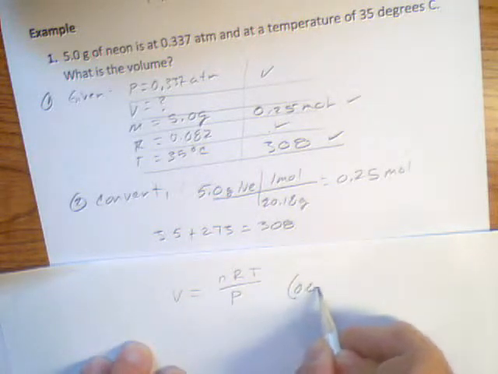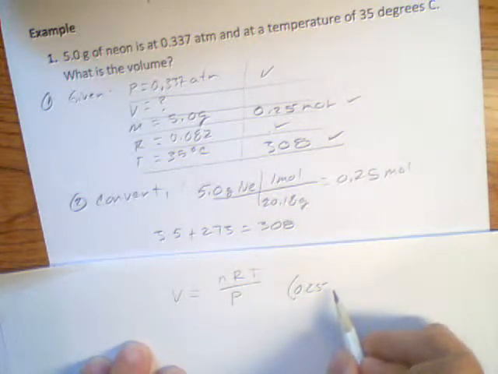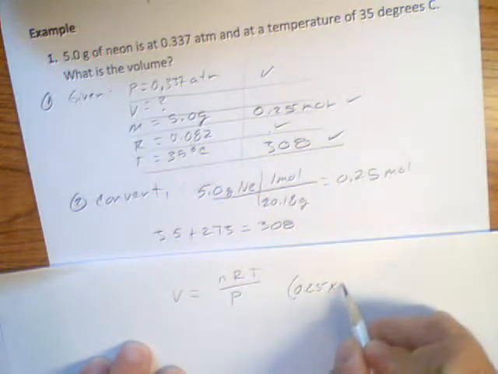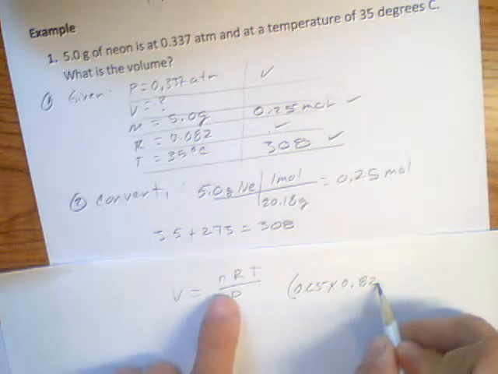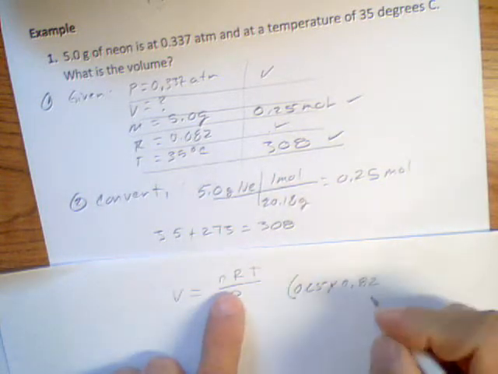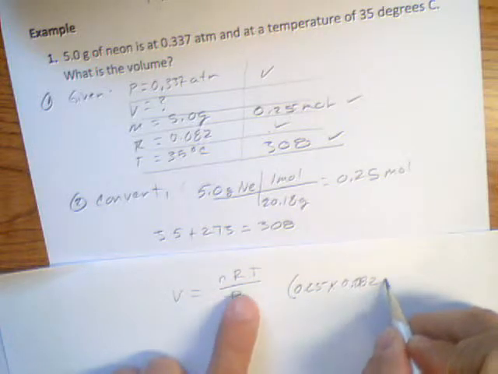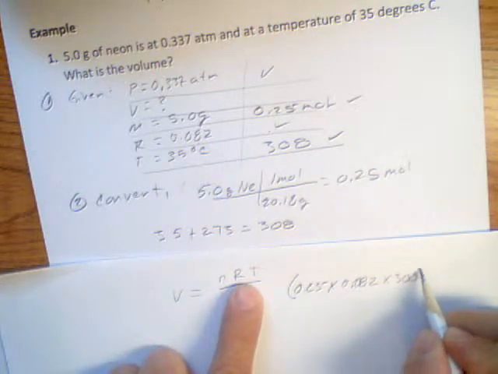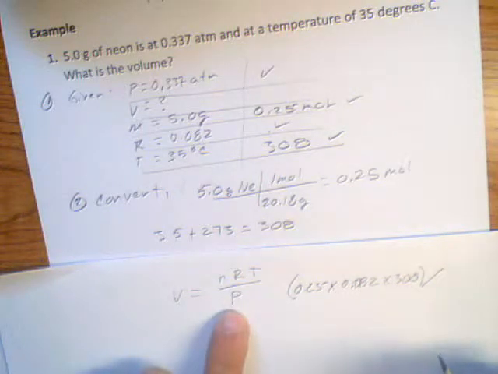It's going to be 0.25 because that's our n, times 0.082, that's our R value, my apologies, and then our T value is 308, that we just calculated. Now in parentheses, divided by the P value, which is our atmospheres,